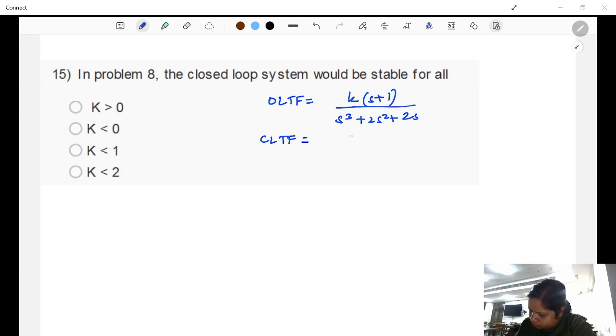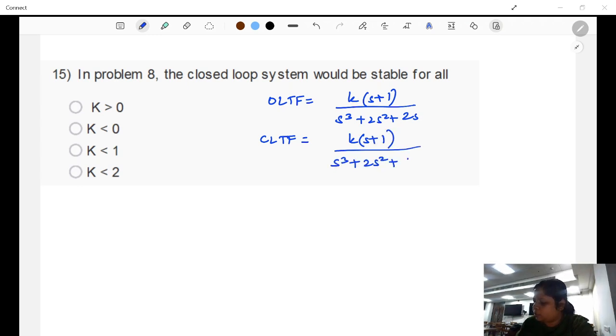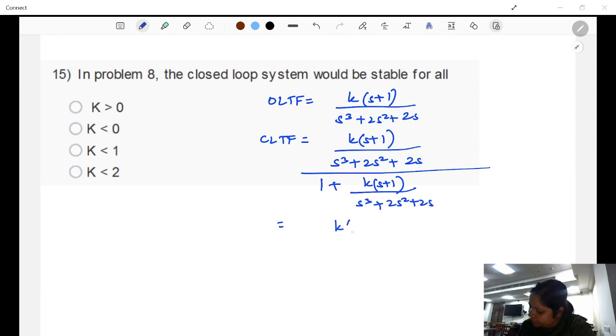It is k into s plus 1 upon s cube plus 2s square plus 2s upon 1 plus k into s plus 1 upon s cube plus 2s square plus 2s. So it would be k(s plus 1) upon s cube plus 2s square plus 2s plus, sorry, k plus 2